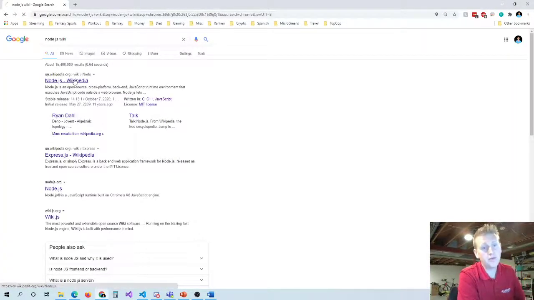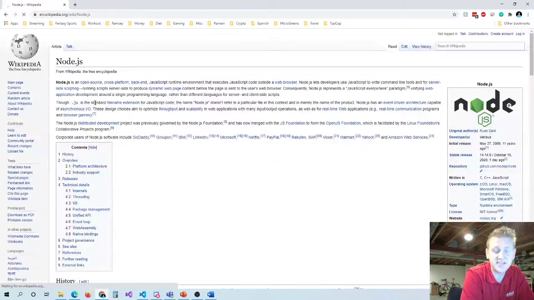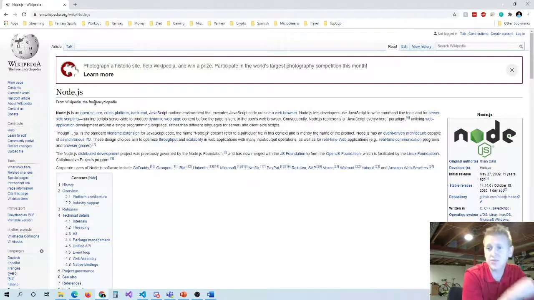Node is a software that you guys will learn in your third semester. So in your third semester, you guys will learn Node. And when Node came out, let's say 2009, according to this Wikipedia,